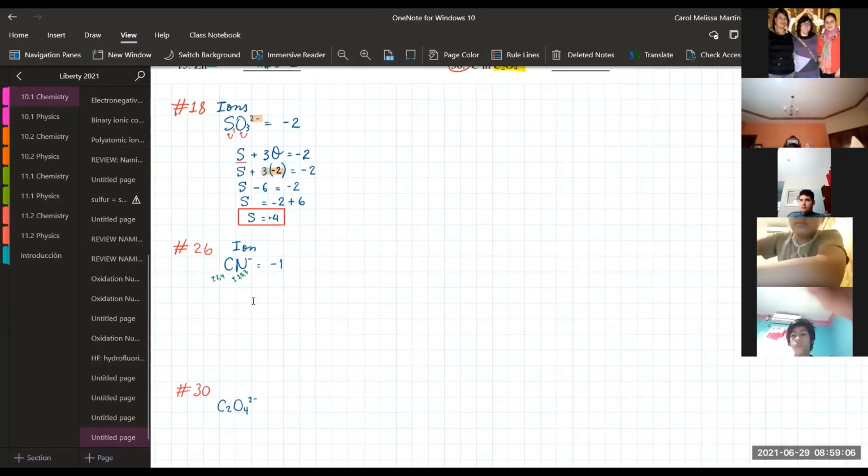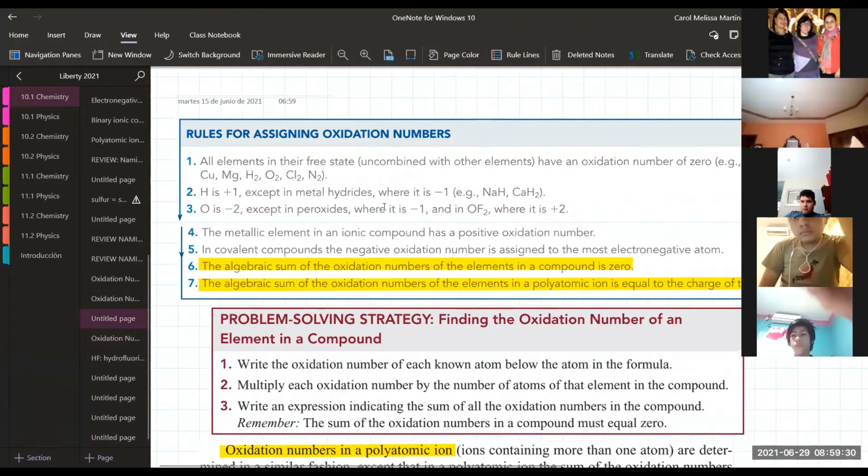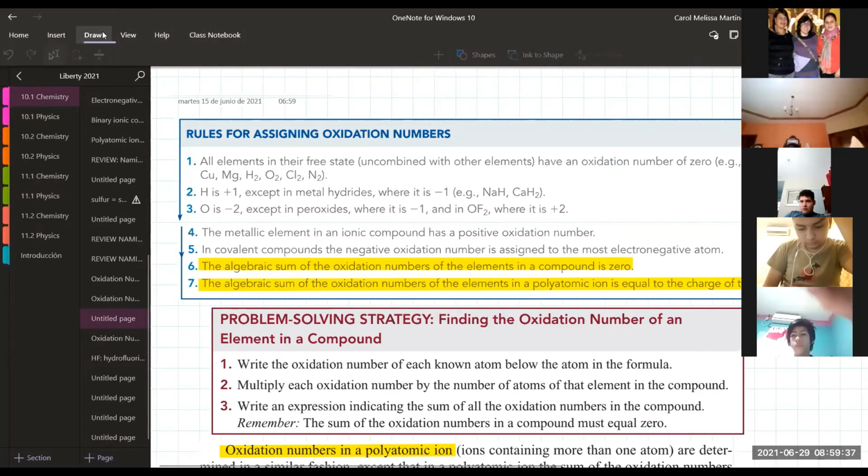It's very difficult to tell what is the charge that they are using, because we are looking for the charge. That's the purpose. But there are many possibilities, so we don't know what charge is being used. So for this kind of example, we're going to follow rule number 5. The rule number 5 states that in covalent compounds,